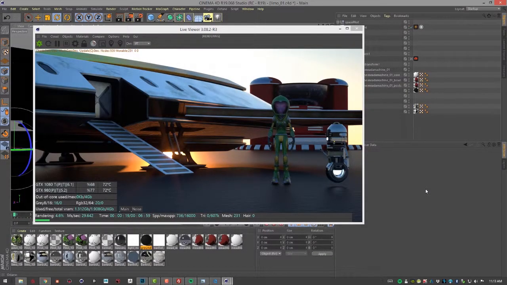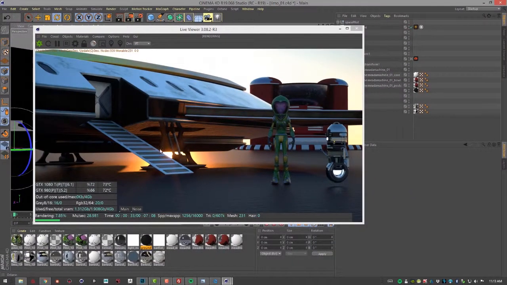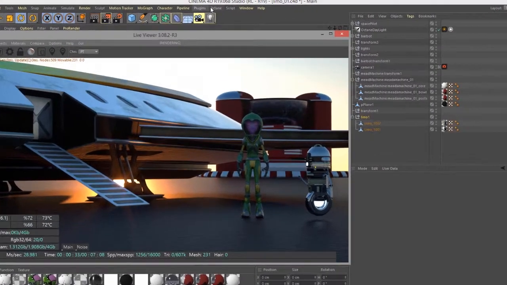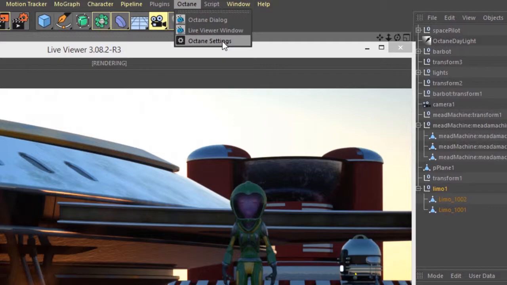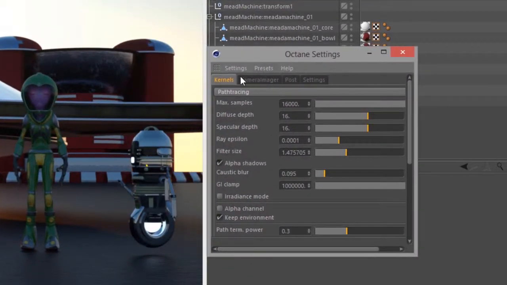In this video, we're going to take a look at working with the info channels render kernel using Octane for Cinema 4D. And for this movie, I'm using the Limo 01 C4D scene, which has our characters here, space limousine, and a little spaceport in the background. So it's a fairly simple scene. I'm going to go to Octane settings, pull up the Octane settings, and let's go to the kernel tab, and